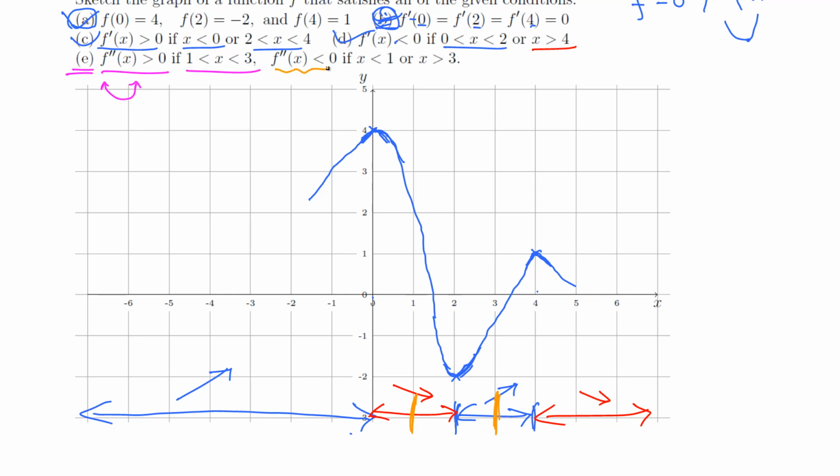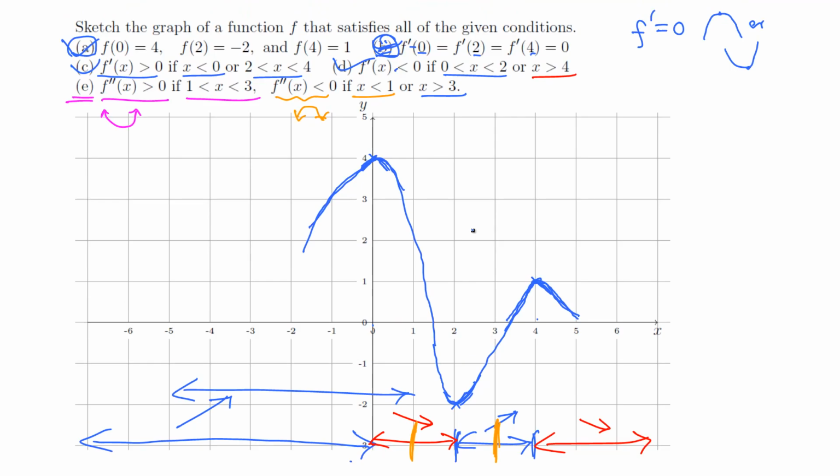And it says second derivative less than 0 means concave down when x is less than 1. So less than 1 means here is 1, so all the way is concave down like this, and we have that. Maybe let's make this clearer, it's concave down. Or when x is bigger than 3, after 3 also concave down, and this is concave down. And this is the sketch of a function f that satisfies these conditions. Okay, final